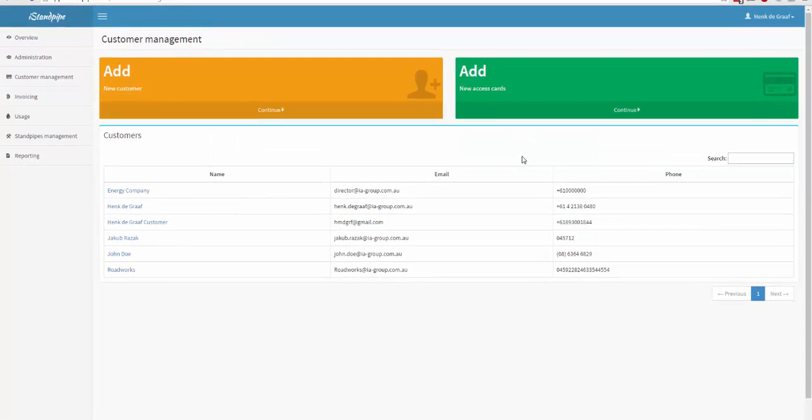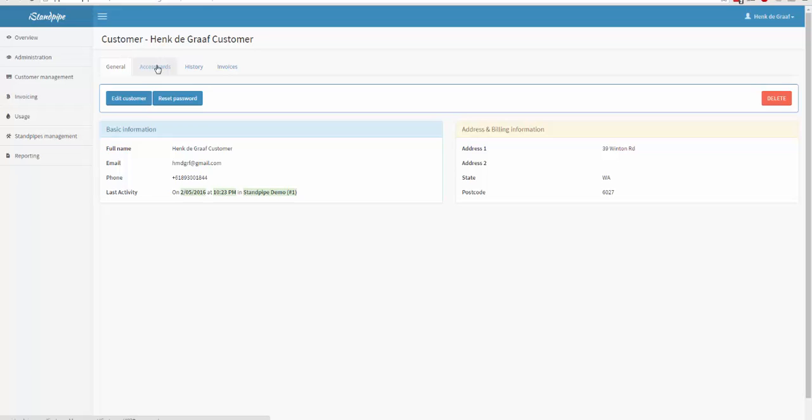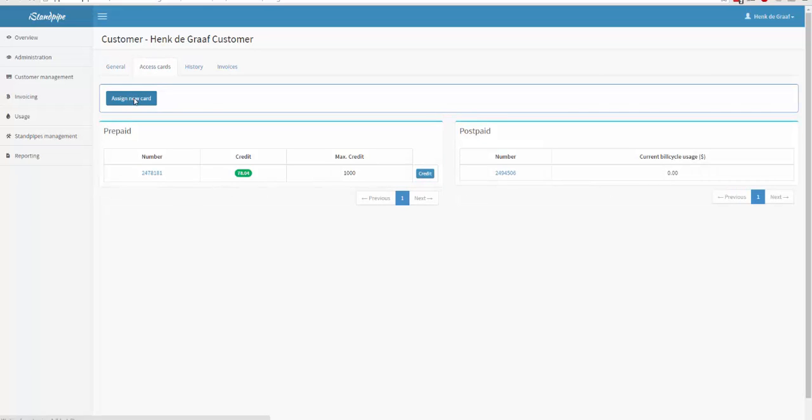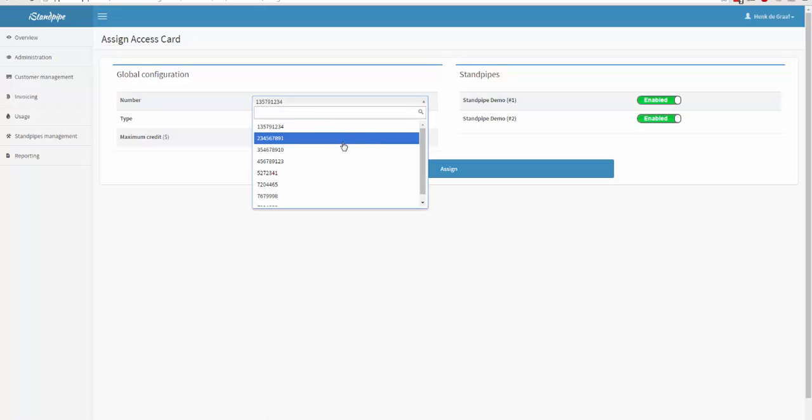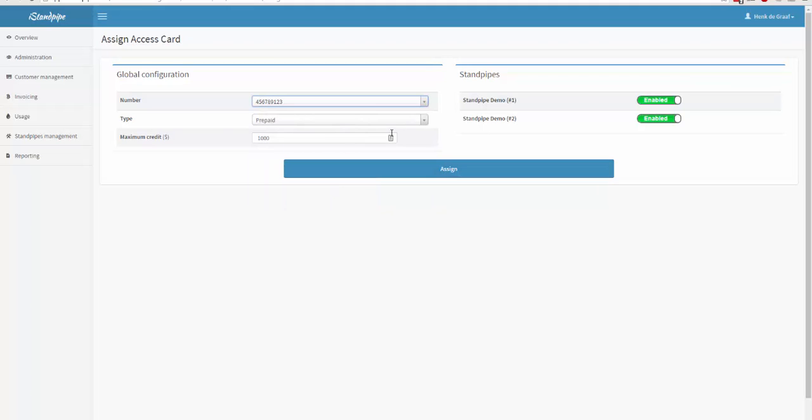So once we've entered the cards, you now want to bring the card into a particular customer. Now here we've got a number of customers already identified, and we want to add another card. We'll assign the new card, and here you then have a list of all the cards that are available to allocate. So let's say we select this one. You can then select whether it be prepaid or postpaid